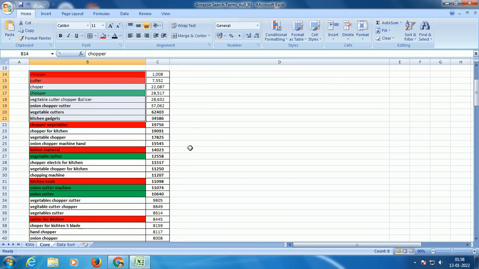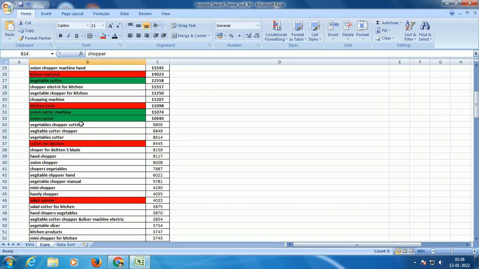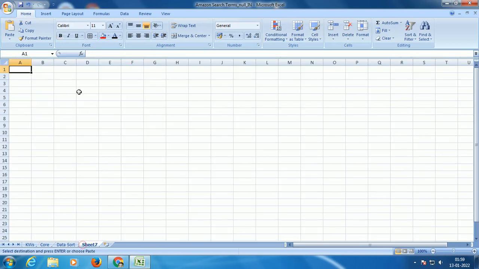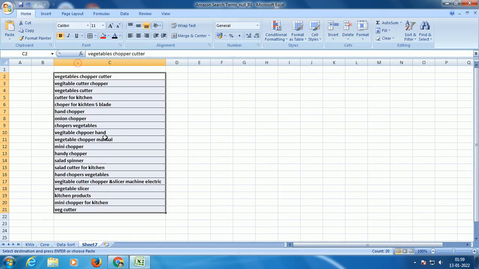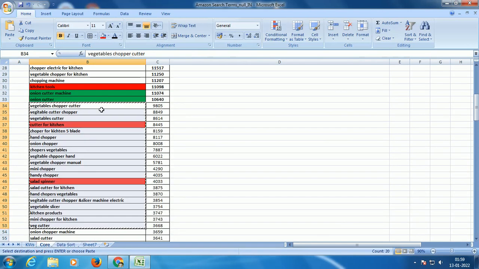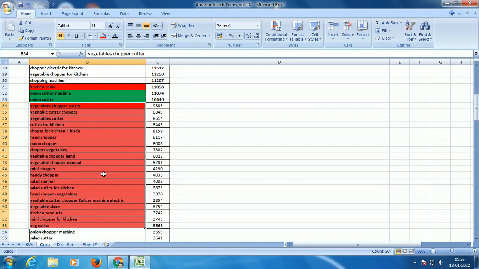And for my backend search, I'll just pick my top 20 keywords. Then I'll paste them in a new sheet. So we are using these top 20 keywords. Now what I'll do is